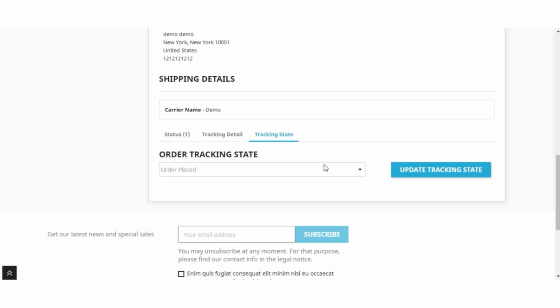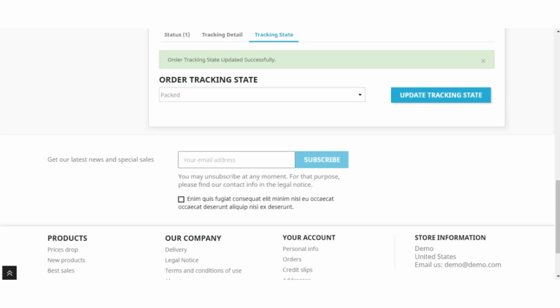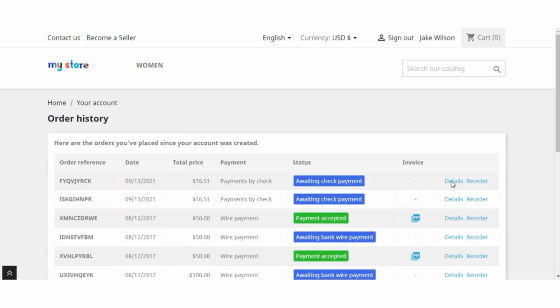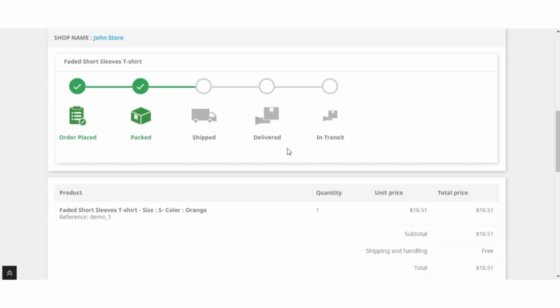From here, a seller can update the tracking state of an order. Now, when a seller updates the tracking state, it gets updated on the customer order details page. Here we can see the order tracking state has been changed from order placed to packed.